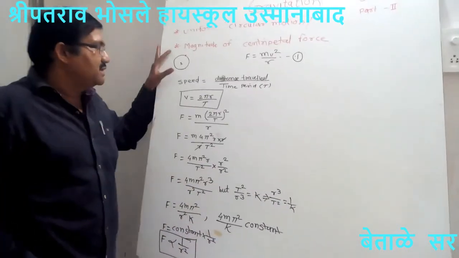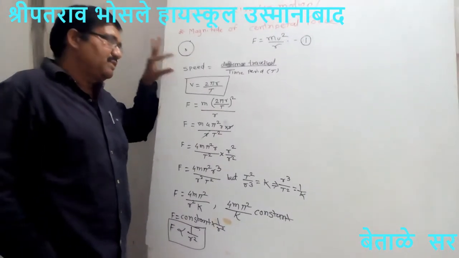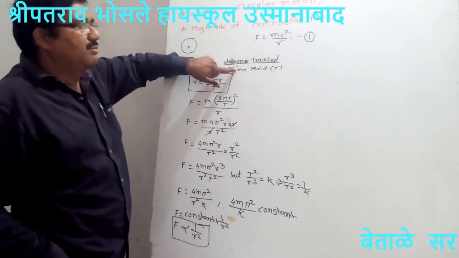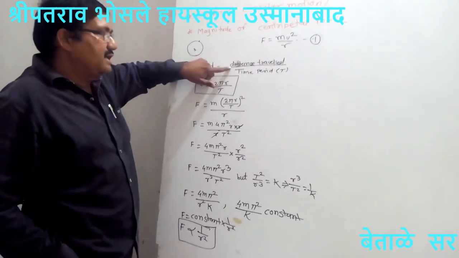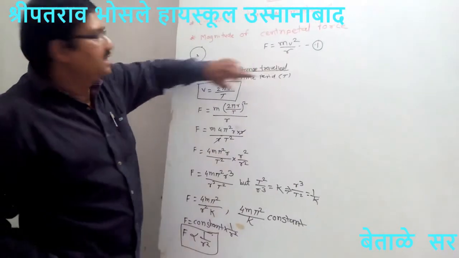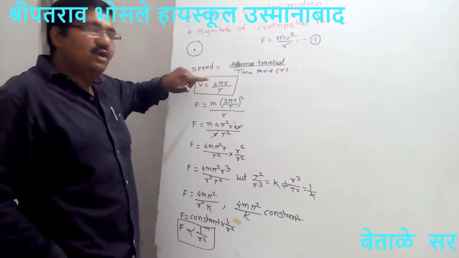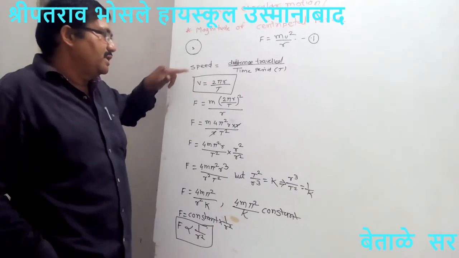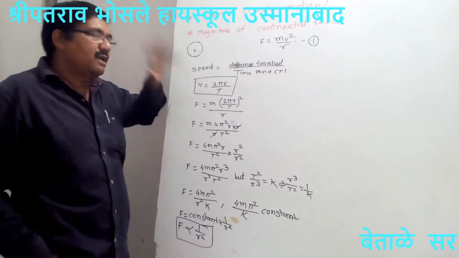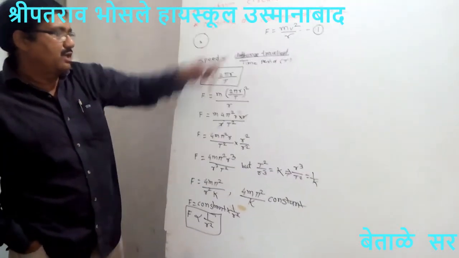When this object is revolved around the sun, at that time velocity means speed is equal to distance traveled upon time period. The distance traveled is the circumference of this circle, which is nothing but 2πr, and therefore we get v is equal to 2πr upon t. Put this value of v in equation 1, we get F is equal